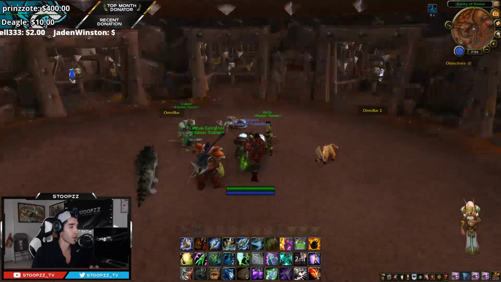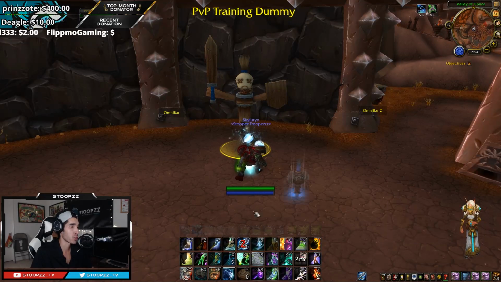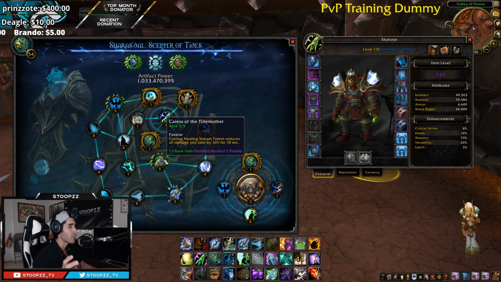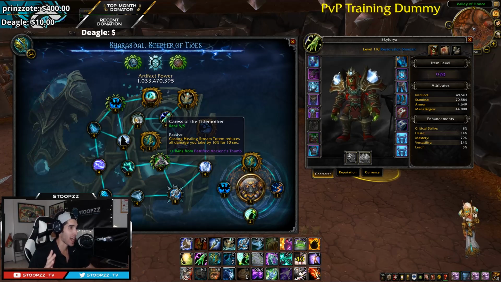Now, just going over some quick tips and tricks. With the Resto Shaman, you want to make sure that you have a Healing Stream Totem up at all times. It works great with your Artifact, which increases the amount of healing that your Healing Stream Totem does. Also reduces the amount of damage you take by 16% for 10 seconds once you cast your Healing Stream